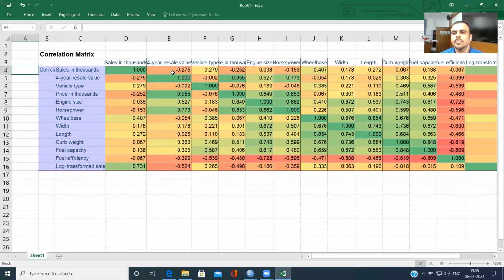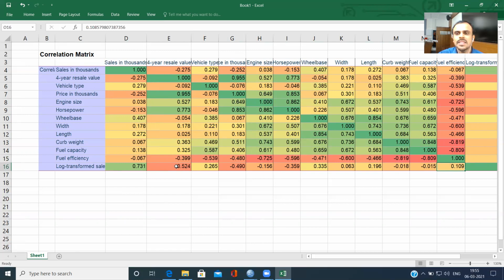I'm not looking at it from a mathematically rigorous perspective. I'm just trying to get some kind of a feel, some kind of an understanding as to what is happening within my data set. You can make a lot of value judgments as far as mathematics is concerned. As I said, I'm just trying to understand what is going on with my data set. Now, just take a look at log transform sales, right? Now, you see quite a few variables which have a negative relationship. Log transform sales and fuel efficiency.